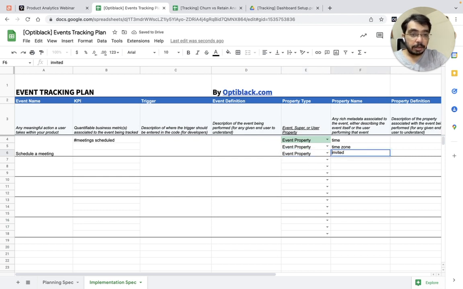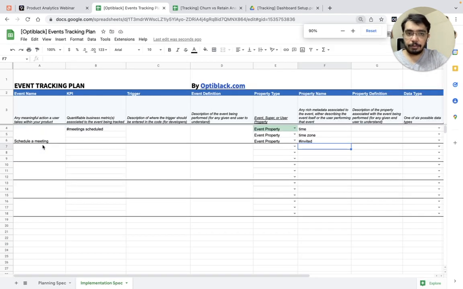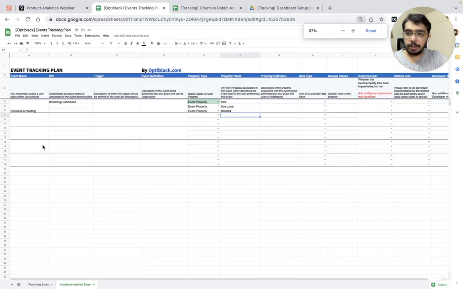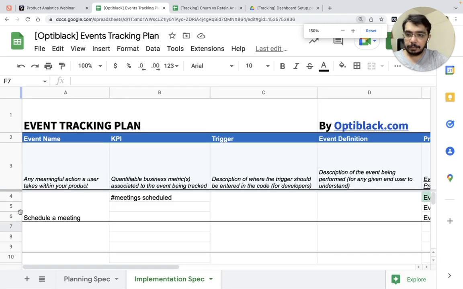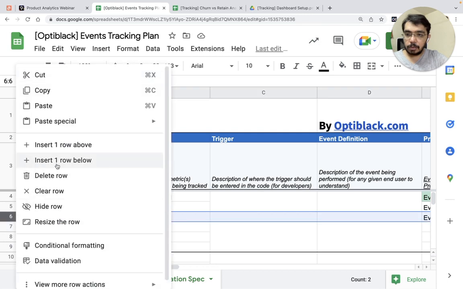So, and for example, then let us add over here. I'm not able to move, but let's see if we can figure out some way to do it. Yeah. So